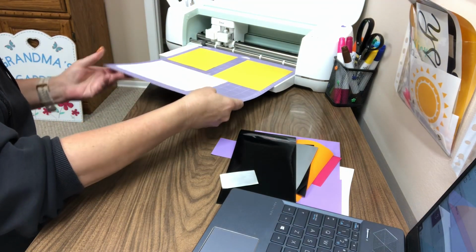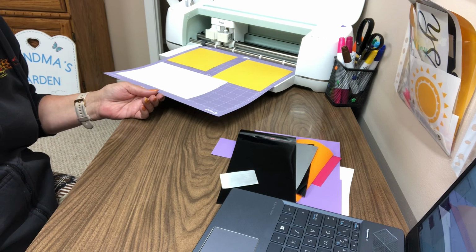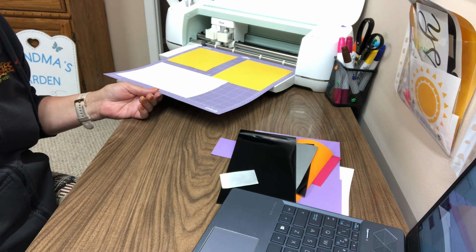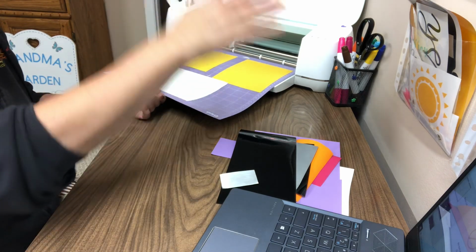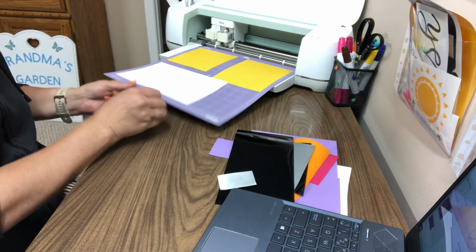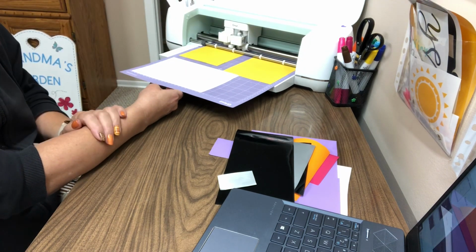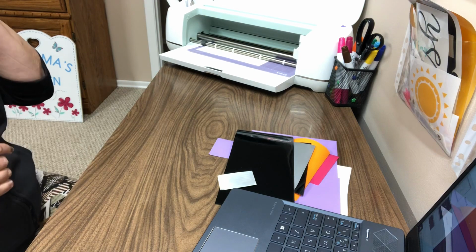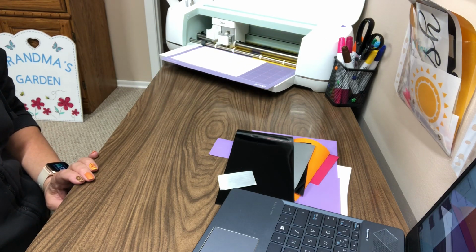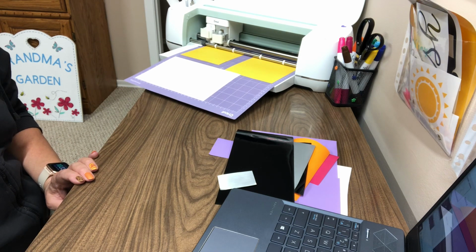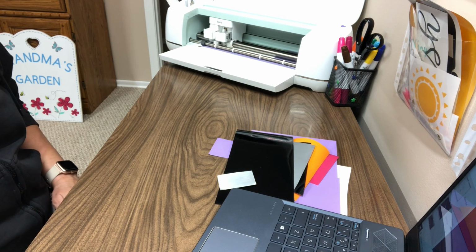So now the only other thing we need to do is go back into the Cricut Design Space and change our base material to a light cardstock, the 65-pound one, rather than the vinyl. And then once we're done with cutting this, then we'll have to go in and change these to the vinyl. The arrow is flashing. I'm just going to press on that. And we're good to go. And we'll cut. Okay,